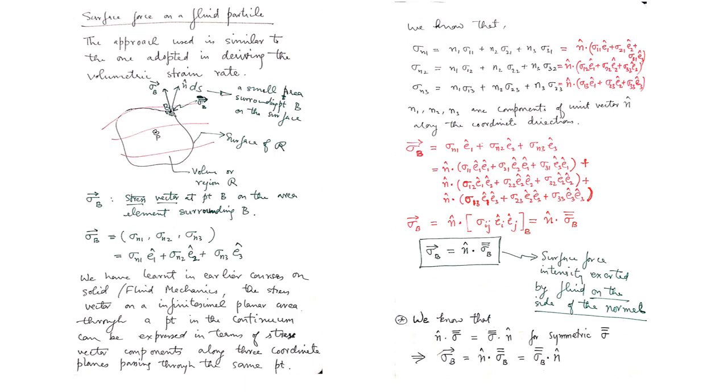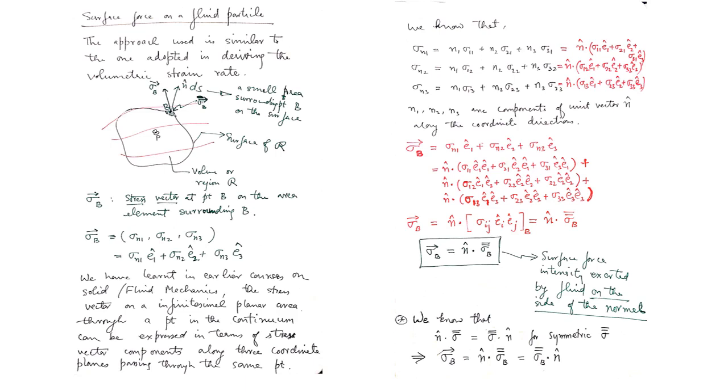And then we draw a general inclined planar surface to the 3 coordinate planes, forming a tetrahedron, and then we consider various aspects like, if the tetrahedron is made to shrink to very small proportions, then using force equilibrium and torques, we can arrive at some interesting relations between the stress components on the inclined area and the stress components on the 3 coordinate planes. Anyway, we are just interested in borrowing that result here.